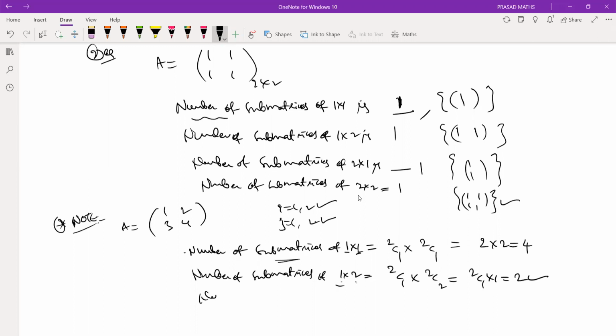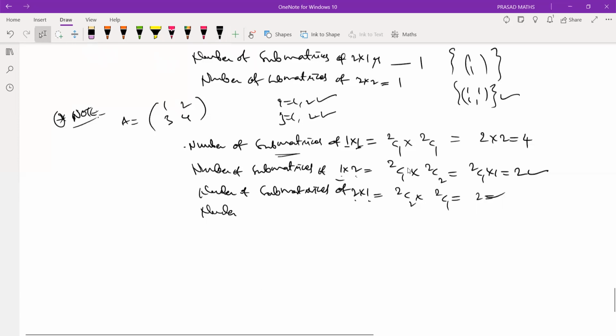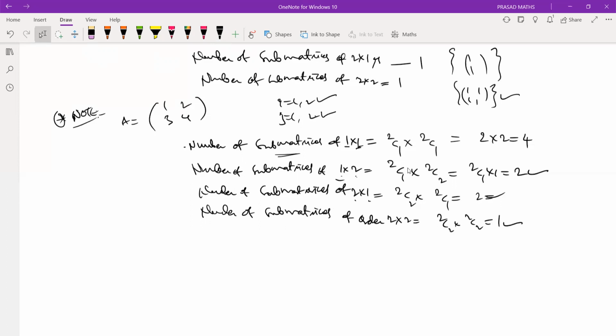Right. Next, number of submatrices of order 2 by 1. What is it? I require two rows from two rows, 2C2, and one column from two columns, 2C1. That is 2. Right. Similarly, number of submatrices of order 2 by 2, that is 2C2 into 2C2, that is 1 into 1, that is 1. Is it clear? So what is the formula you are getting here is,